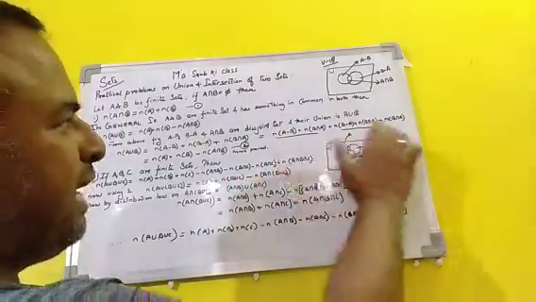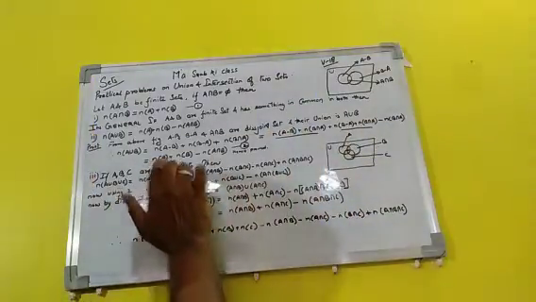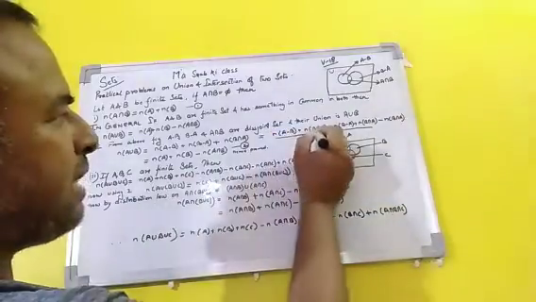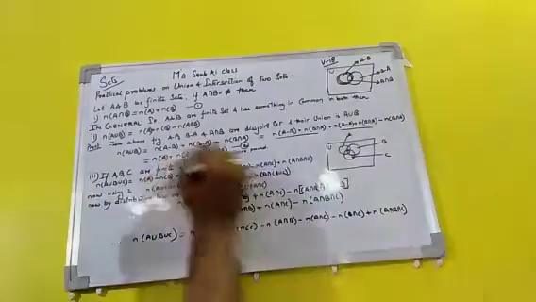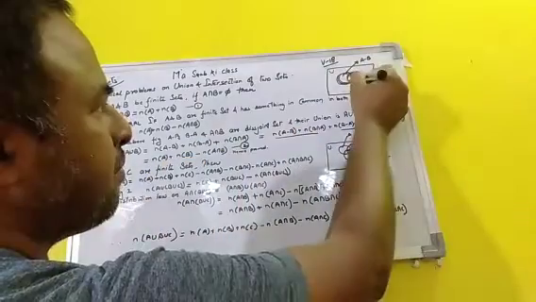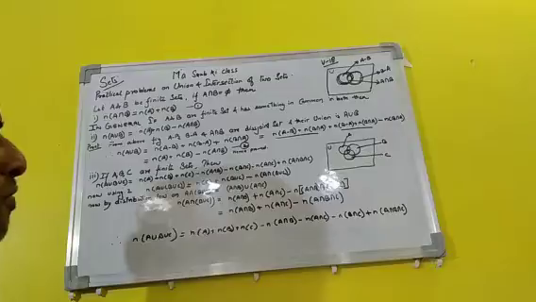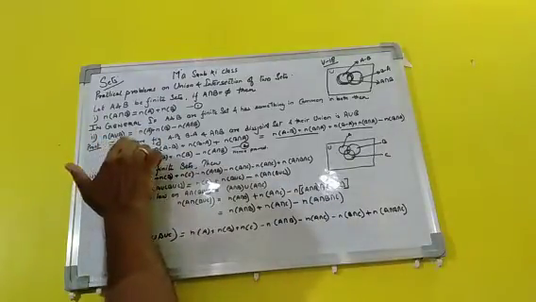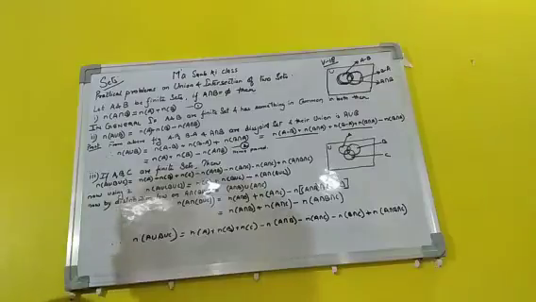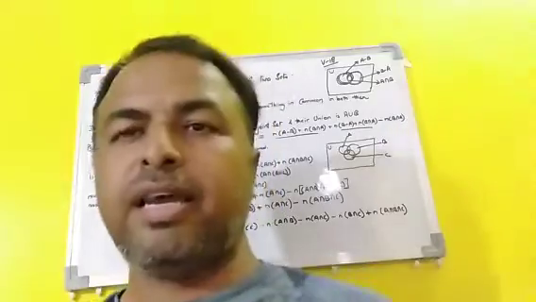So once we write it, it will become the number of elements of A, because n(A minus B) plus n(A intersection B) is this portion, this one, this is n(A), and this one will become n(B) minus the intersection of this. So it is proved from this that n(A union B) is the number of elements in A plus the number of elements in B minus the number of elements in the intersection of A and B.